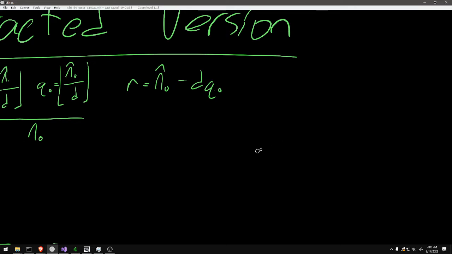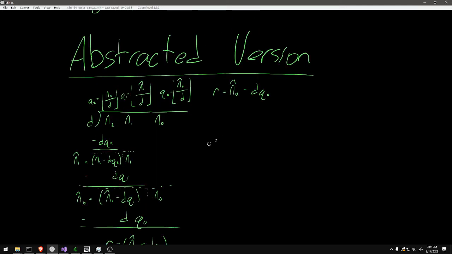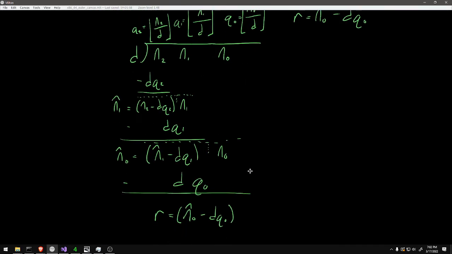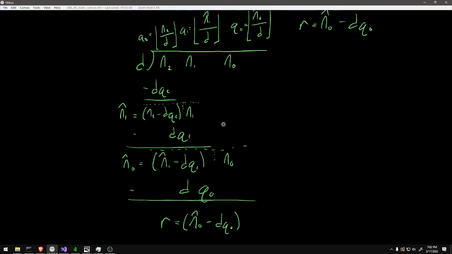So that's how the algorithm works when you just look at it in terms of how the symbols connect to each other. So it's a little bit more complicated than the other ones. We do this divide here, one slot by one slot, and then we take the result of that divide and